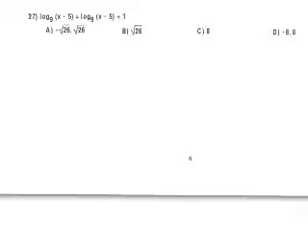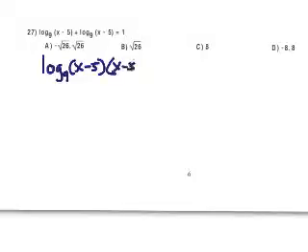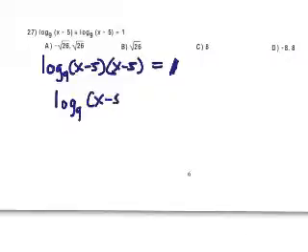So the log to the same base of two logs added together equals, in this case, log base 9 of x minus 5 times x minus 5. And that equals 1. So we could just call that log base 9 of x minus 5 squared